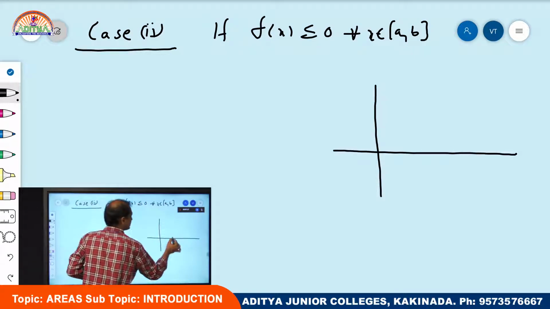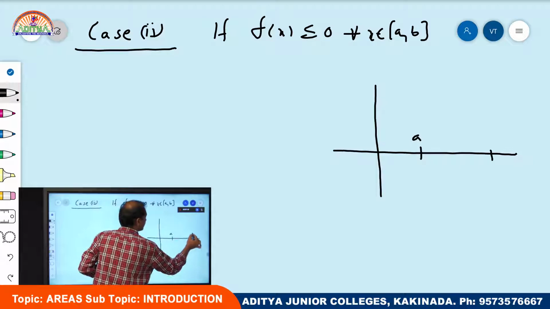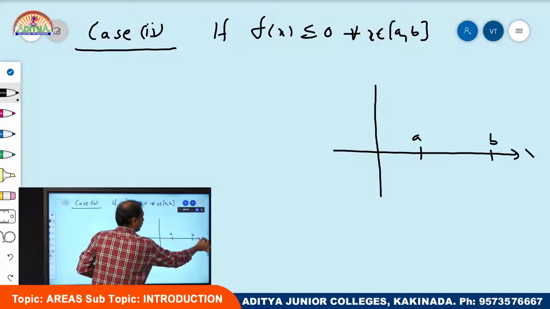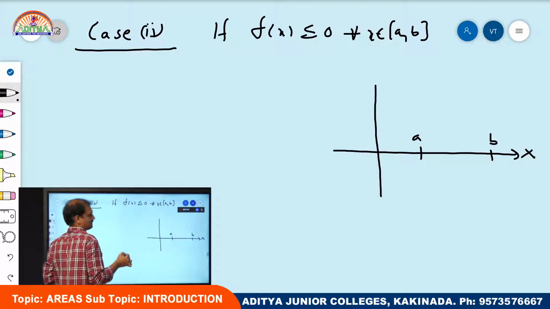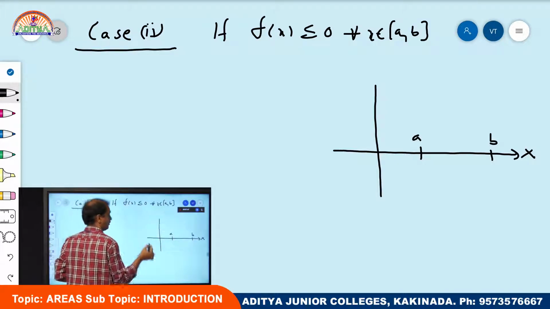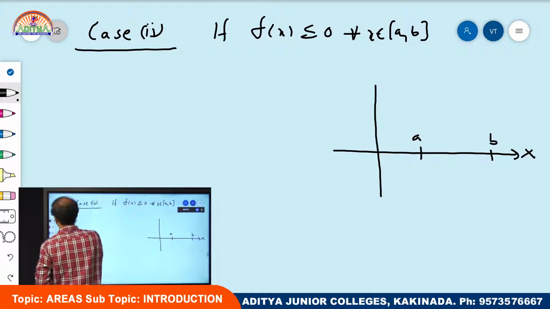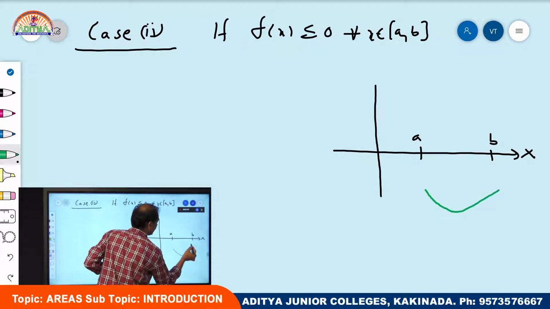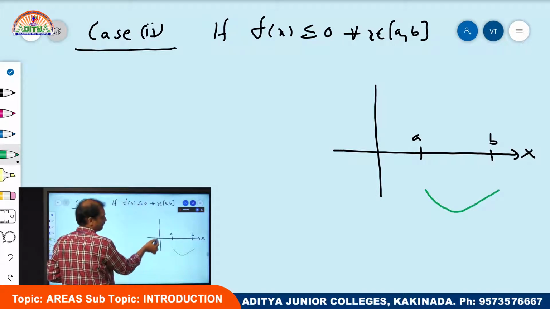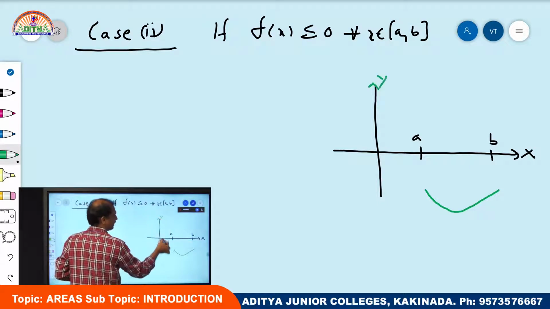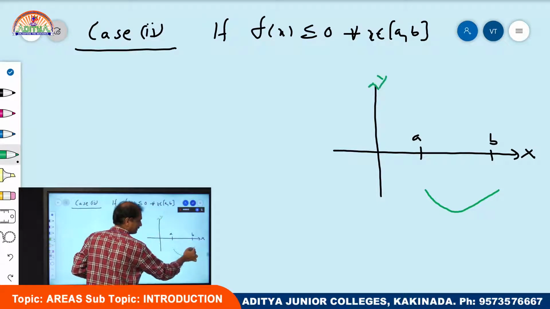See, here it is A, here it is B, because the domain values are along x-axis only. Now, after taking the values along x-axis, for these corresponding values, I am going to draw the graph of f of x, which is given as below x-axis. Because you are getting f of x values are negative, that means f of x values are always taken along y-axis, therefore, we can take like this.